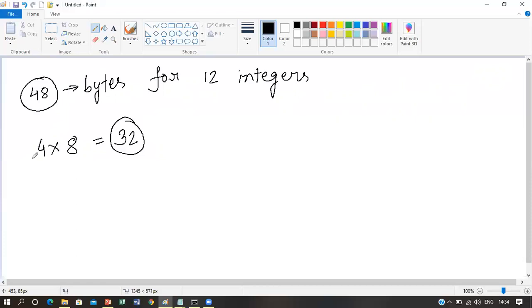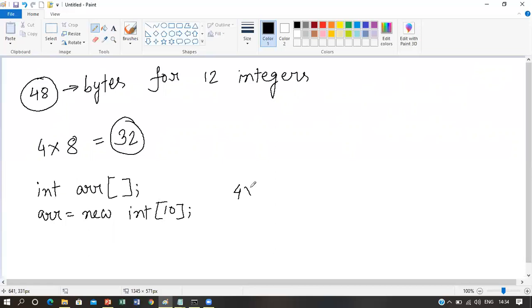Let's take another example. Say we are declaring an array like this in Java. This is a one-dimensional array. The array variable name is ARR and it can hold only integers. So this is just a declaration. Now let's allocate memory for this array. So we have declared a one-dimensional array ARR, which can hold only integers and its size is 10.